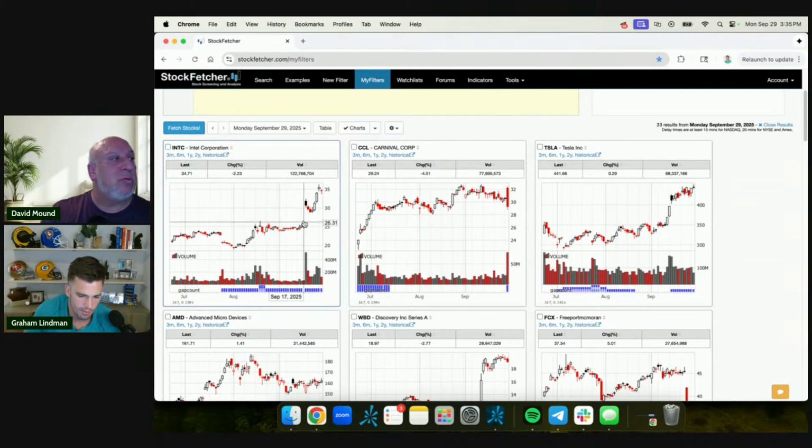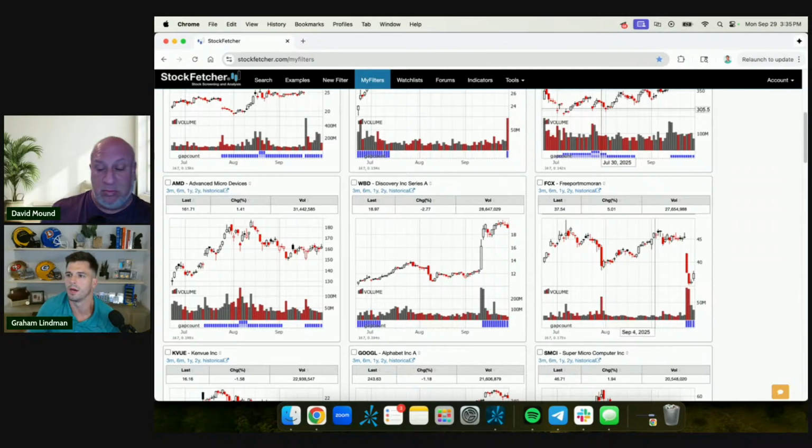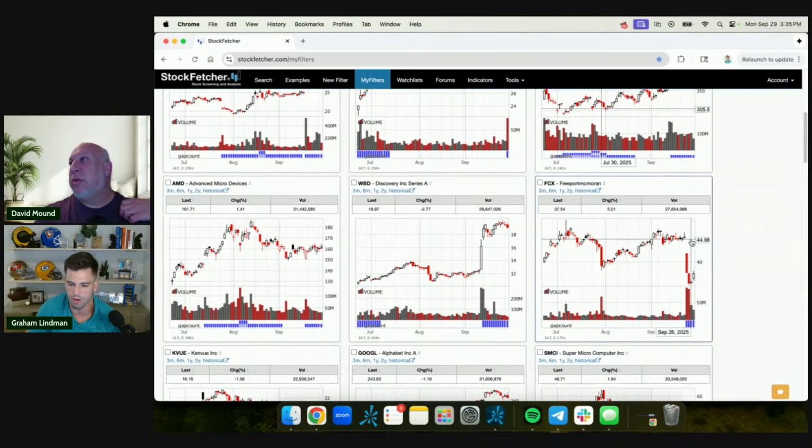For Intel, for example, you can see the gap there. Let's see, Carnival Cruise. The gap was probably this morning, and it's since faded. Tesla, I'm guessing the gap was right here. So you can see it's picking up these opportunities. There's FCX, so it's cool to see that. I didn't get to see who asked that in the chat, but there is FCX right there as a gap